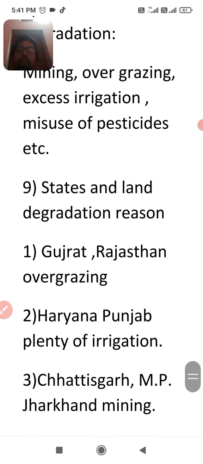First, in Gujarat, Rajasthan and MP, overgrazing is the major problem of land degradation. Second point, Haryana and Punjab have the problem of land degradation due to plenty of irrigation. You know that there is a facility of irrigation in Haryana and Punjab. So over irrigation degrades the land in Haryana and Punjab. Third point,